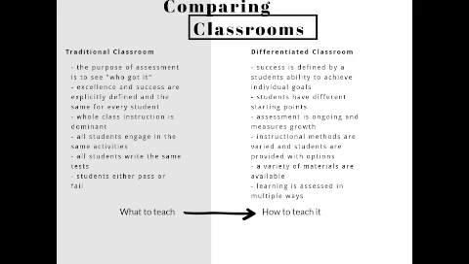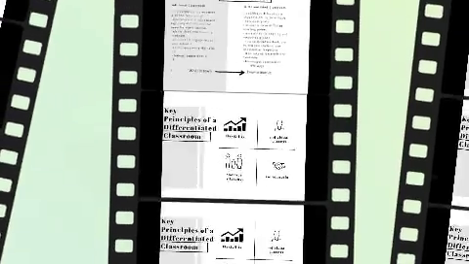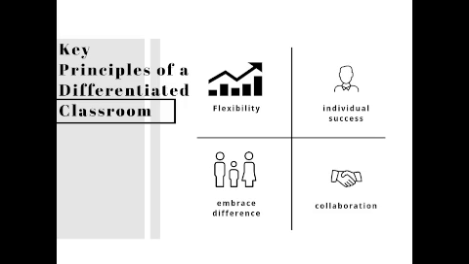Up until recently, what to teach and why to teach it was the primary, if not the only, focus of education, and often the objectives outlined in the curriculum were highly specific and reflected the interests of a small group of influential and powerful people. These same powerful people, or as some call them, the higher-ups, have now shifted the focus from what to teach to how to teach it, and now expect teachers to differentiate their instruction so as to meet the individual needs